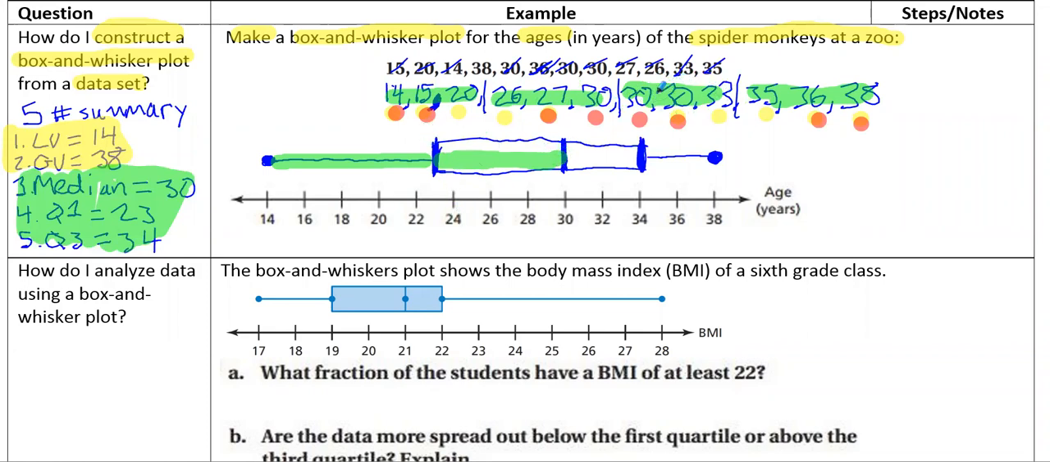3 values are from the median to the third quartile. There are 3 values in this range of numbers on the number line, from 30 to 34. And there are 3 values from 34 to 38, as you can see, which is true. So each section of your box and whisker plot is 25%, which means that just the box